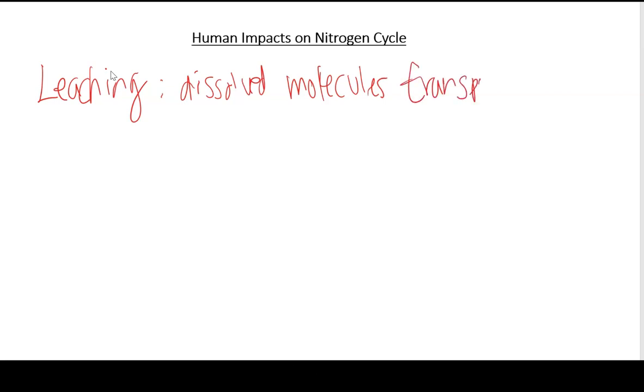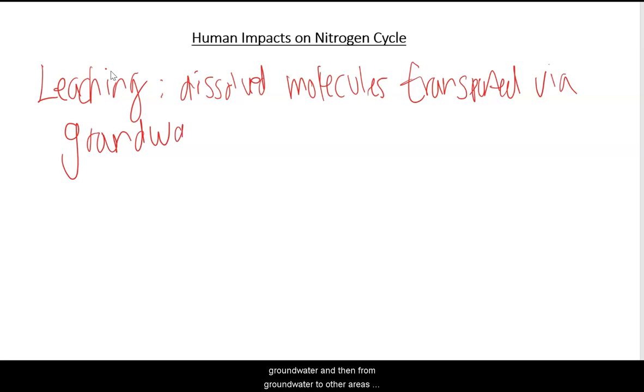So there's one vocab word I want you to understand, which is leaching. And that's basically just molecules that are broken down or dissolved being transported. And this is not something you really see. It's obviously very microscopic, but they're transported through the soil on land via the groundwater. So they'll make their way into groundwater and then from groundwater to other areas. So this leaching isn't really a good thing because it takes nitrogen from some places and puts it where it